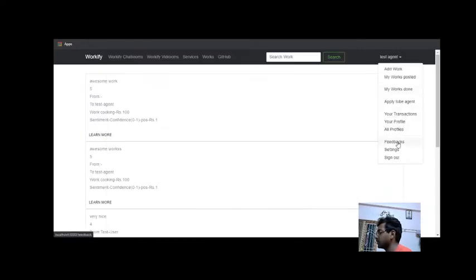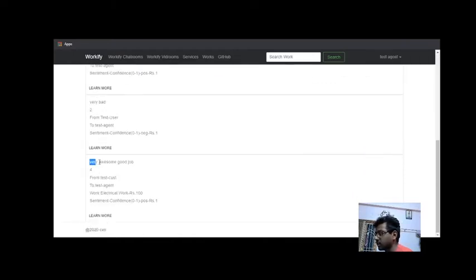Now coming to the feedbacks, this is the agent side and these are all the feedbacks, and this is the latest one which we gave: very good job, rating 4, electrical work, this work. Our sentiment classifier, the NLP classifier, is basically the technical part of this project, and it will be on GitHub, the deep learning part also. We have different classifiers and we'll be posting their names too. We are creating a vote classifier from all our custom routines and custom classifiers, and on top of that we add a wrapper, the vote classifier.